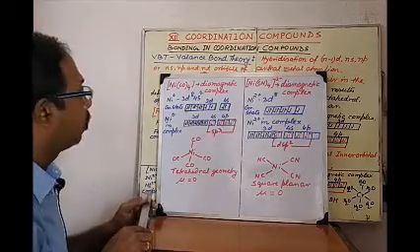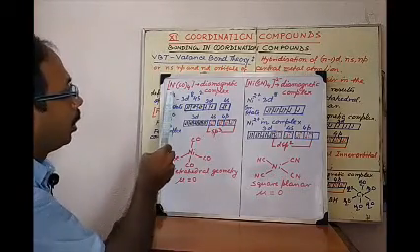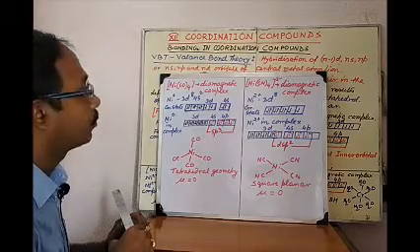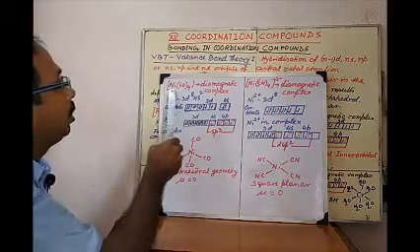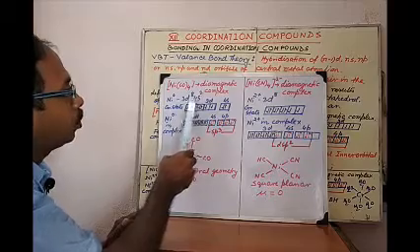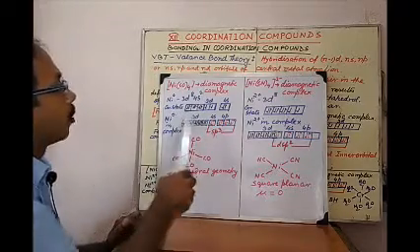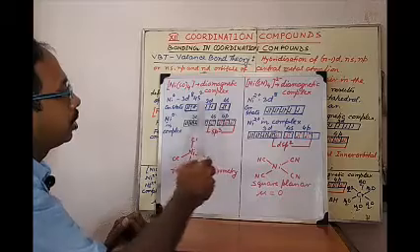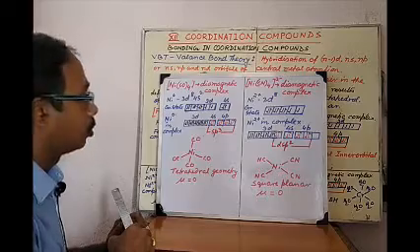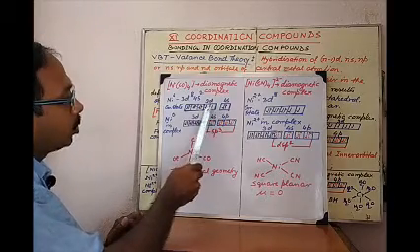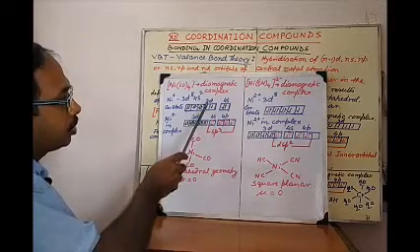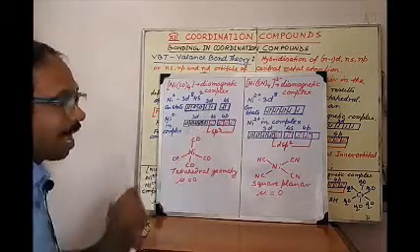We can see some unusual things here also, like [Ni(CO)4], the nickel tetracarbonyl complex. This complex is found to be diamagnetic. Now nickel here has 0 oxidation state, so in the ground state it has configuration 4s2 3d8. Since the complex is diamagnetic, that means there will be no unpaired electrons. So these 2 electrons are being paired up here in this orbital, so this orbital is being vacant.